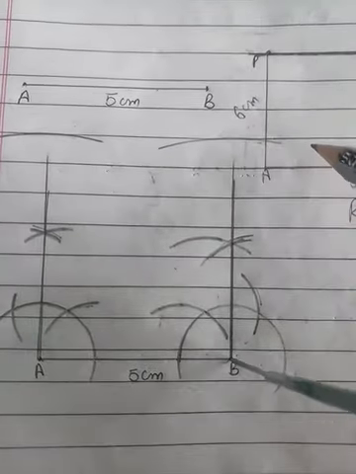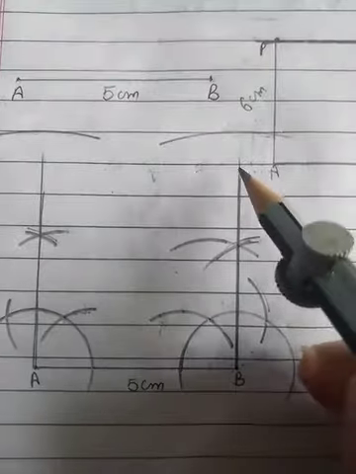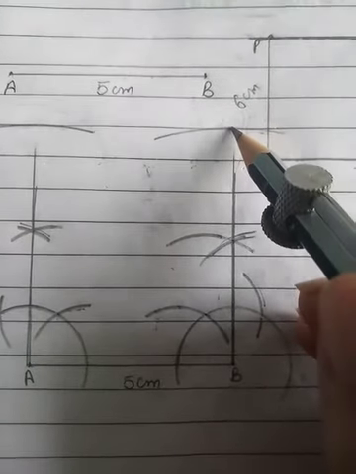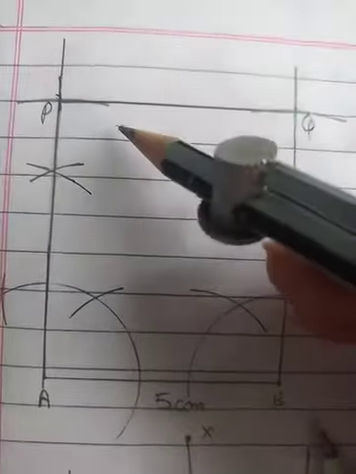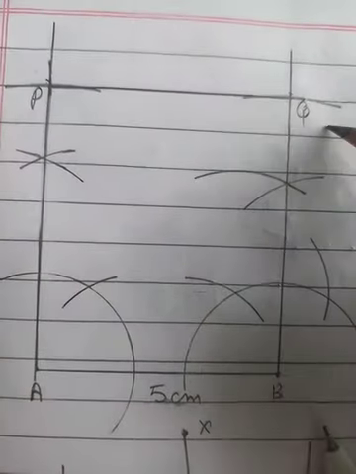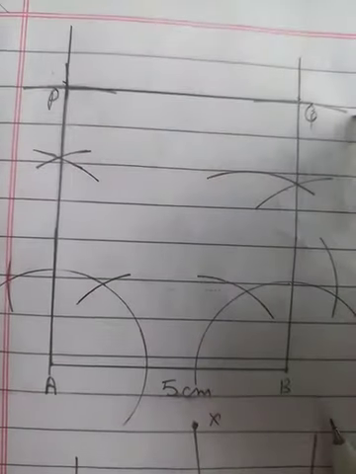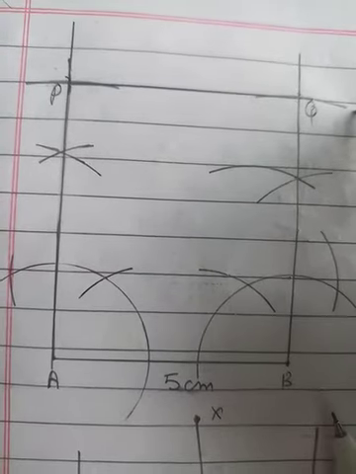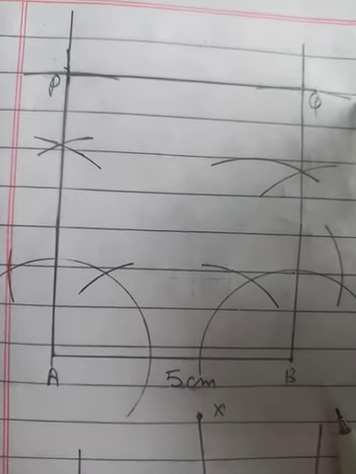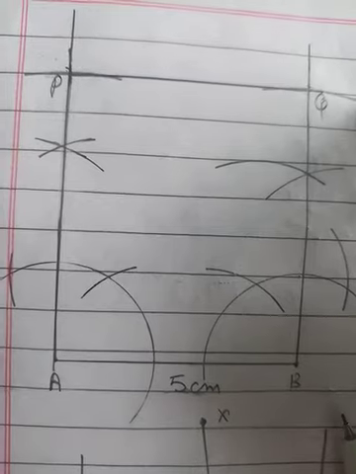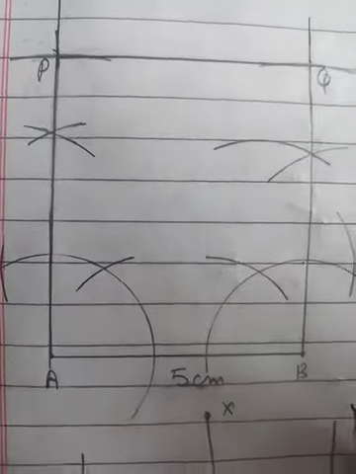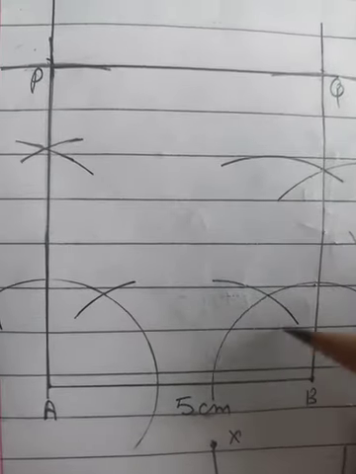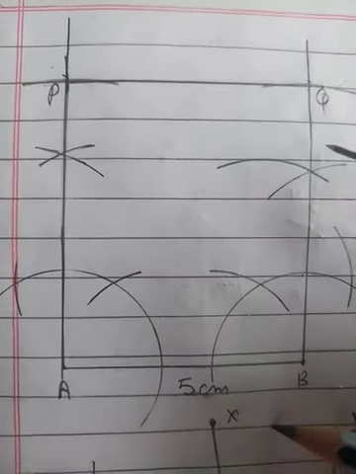Now what we do, we will extend this line a little bit so that it will touch this point. Okay, I will show you like this. We have extended it and I have marked the points P and Q here. Then after that we will join these two points with the help of a scale. Okay. Till now beta, we have drawn the two parallel lines, that is PQ, which is parallel to AB.